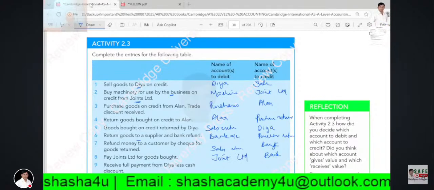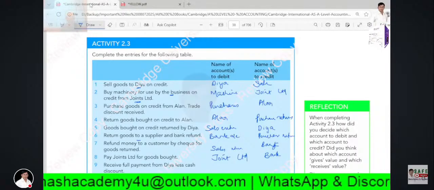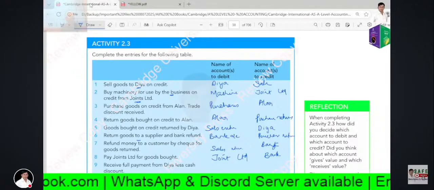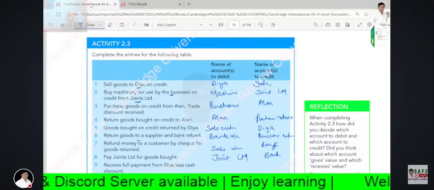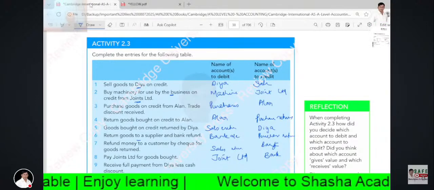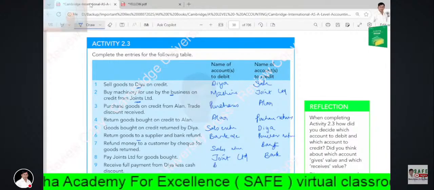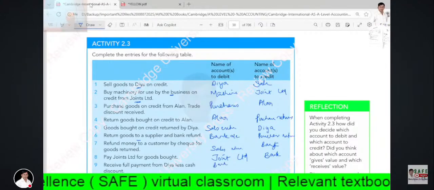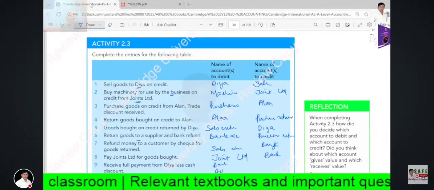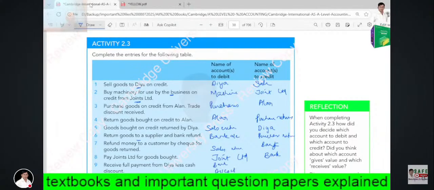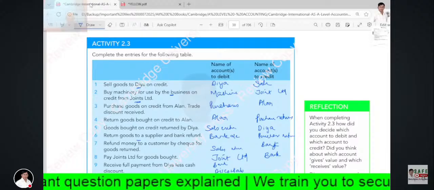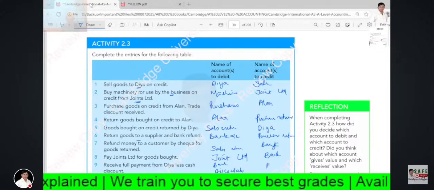Receive full payment from Dia less cash discount. So we have received payment from Dia. So we have received money in bank and we have given discount also. Discount allowed also will come because we have allowed discount. Discount allowed is a loss. So we have to credit Dia because she is the giver of